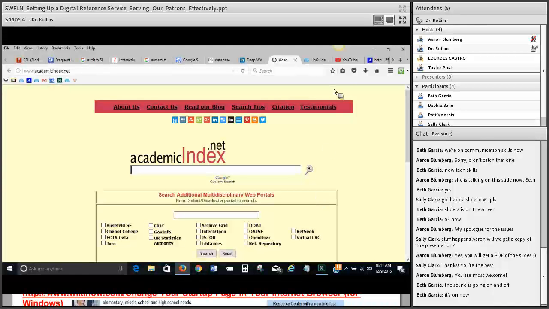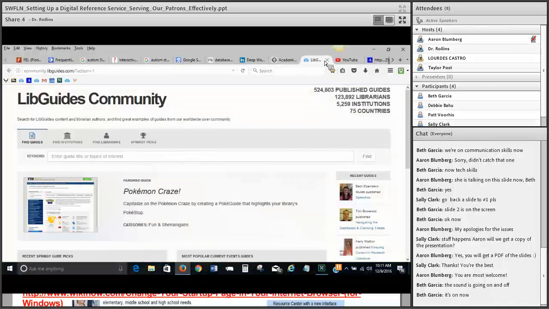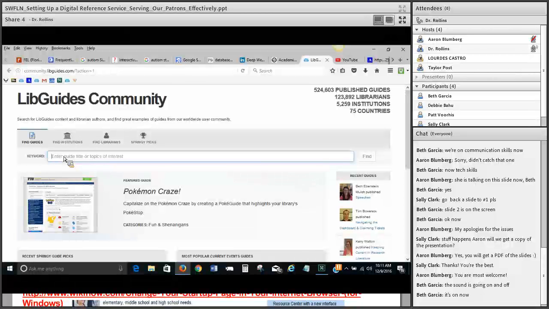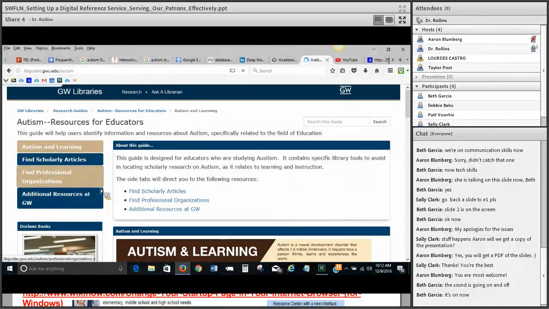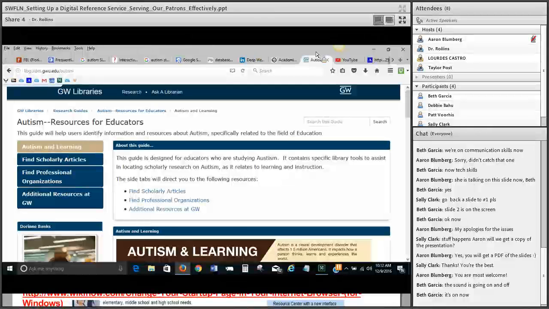Another one I like is there is actually a search engine for libguides. And so what better place to go than to a place where librarians have created guides. Now, I could also go to Google and type autism libguide, and that would be a deep web search, but I can also type it here in this search, and it's going to find me libguides that other librarians have produced. And so sometimes this is a great place to get started, again, helping our users get started. You can give them a couple of sources to look at while you're continuing to answer their full question. And then lastly, just focusing on you